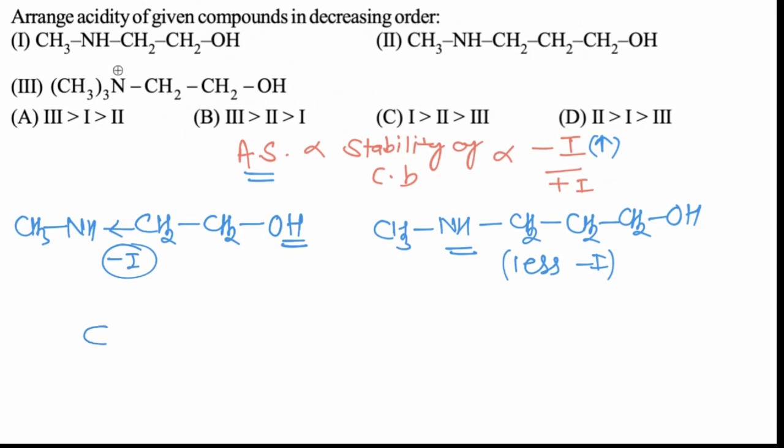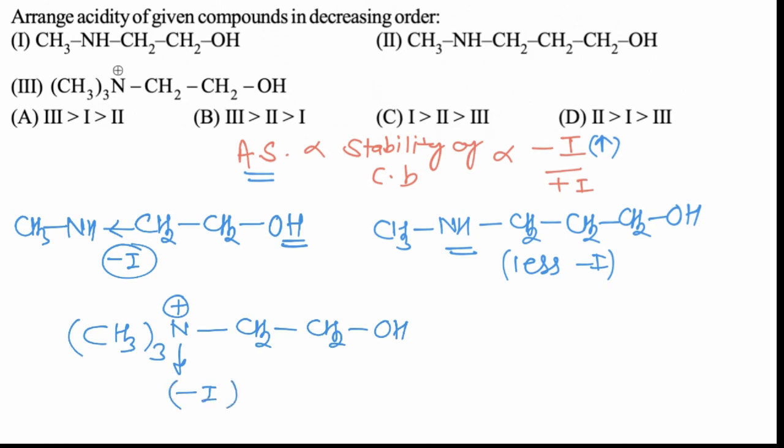In case of the third, when a tertiary ammonium group is present, this NR3 positive is having the maximum minus I effect, because nitrogen is having a clear positive charge, having a very strong minus I effect. So third is most acidic, then first, and then second, and the correct order is 3, 1 and 2,